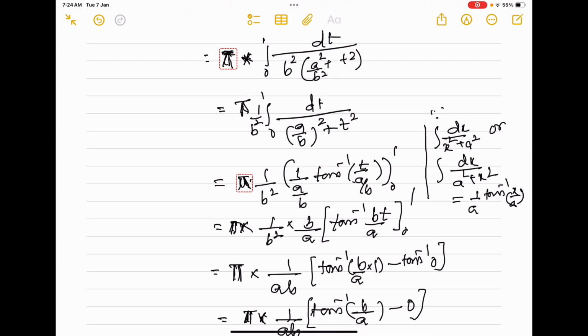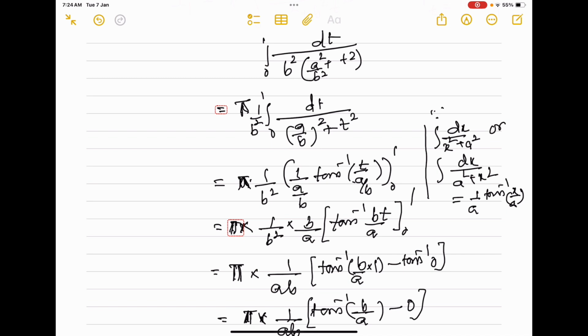That's equal to pi into 1 by b square into 1 by a by b tan inverse t by a by b. The result is: integral dx by x square plus a square, or dx by a square plus x square, equal to 1 by a tan inverse x by a. That is pi into 1 by b square into b by a tan inverse bt by a within the